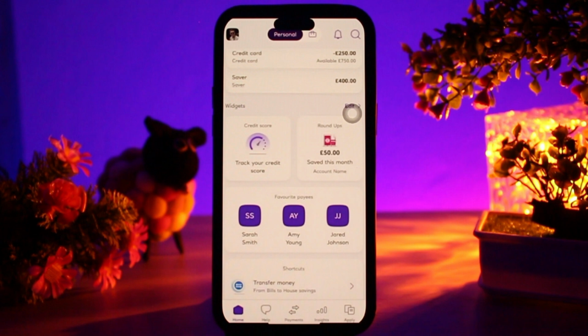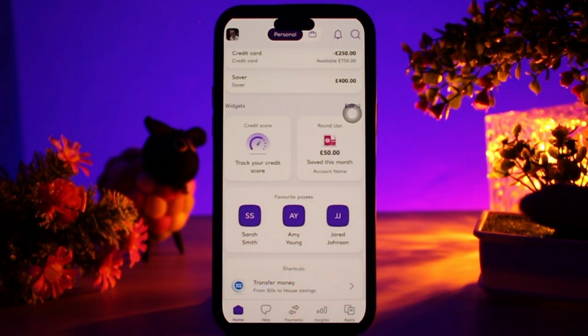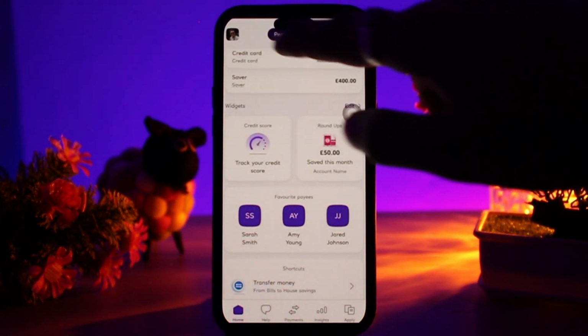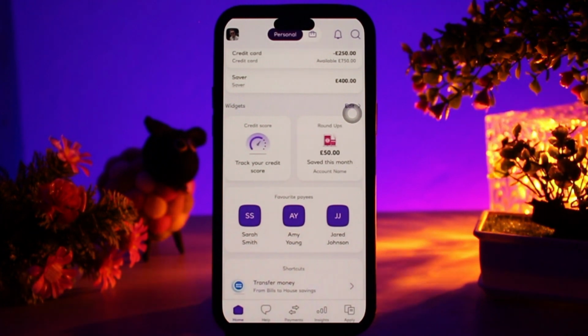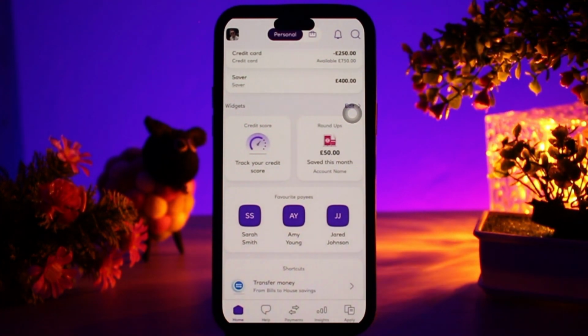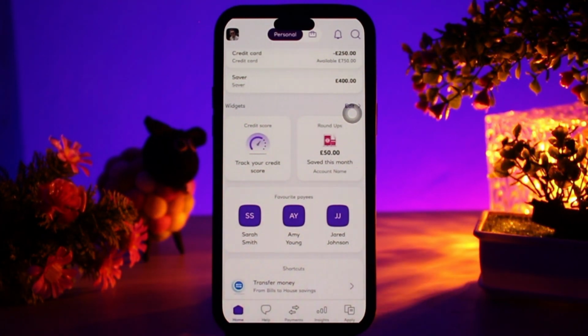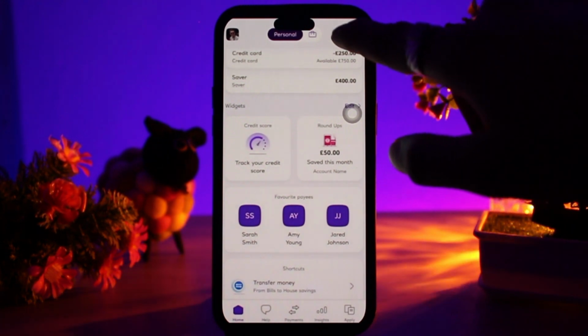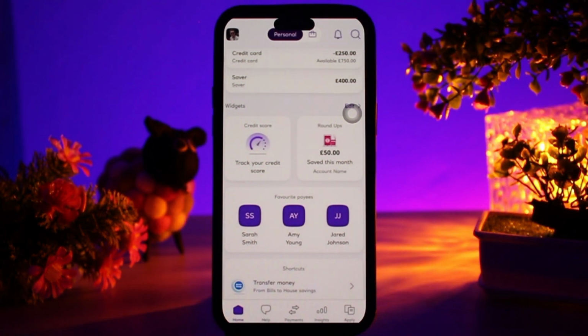Then once logged into your account on the home screen, what you need to do is either tap on the profile icon in the top left corner of the screen, scroll down and then select settings, and inside settings select alerts or notifications, or just simply tap on the notification or bell icon on the top right in the home